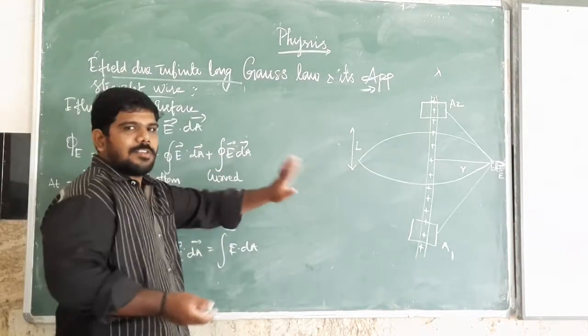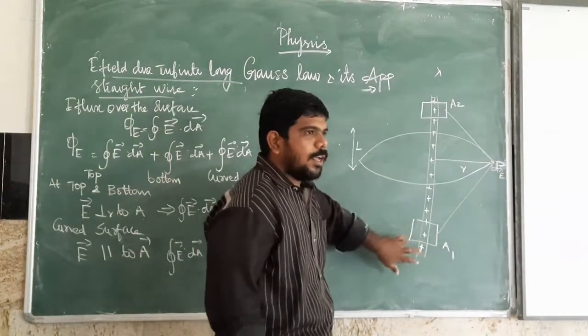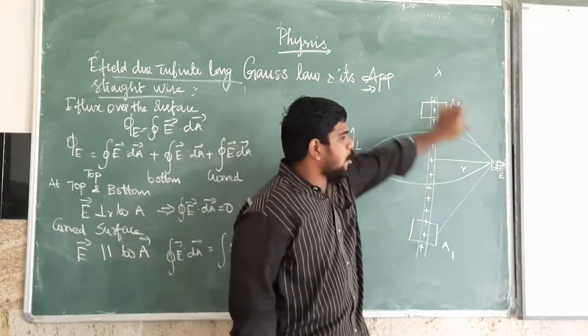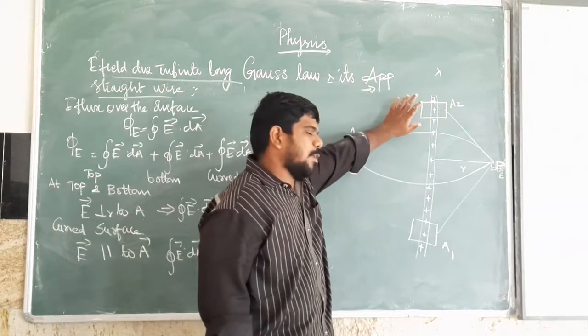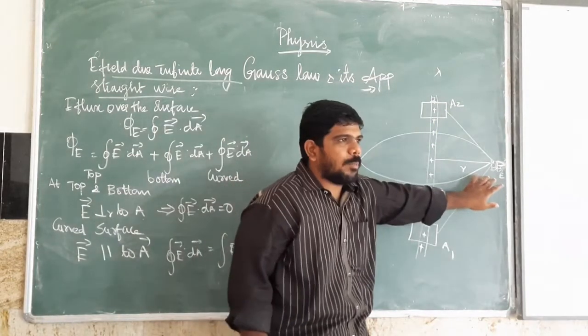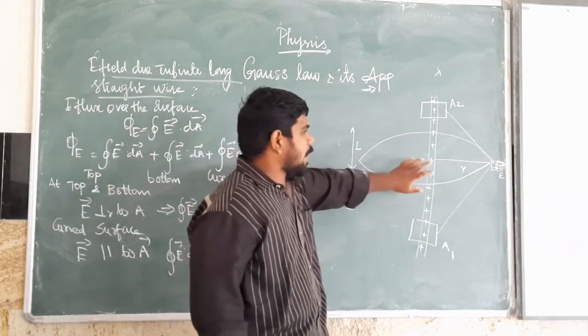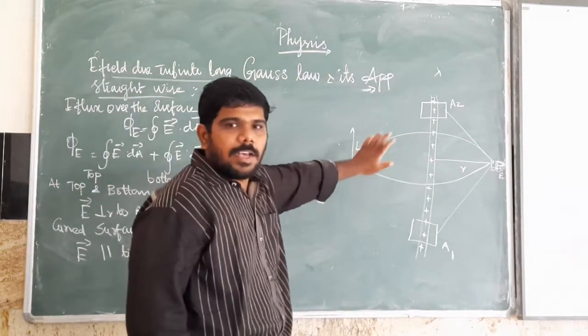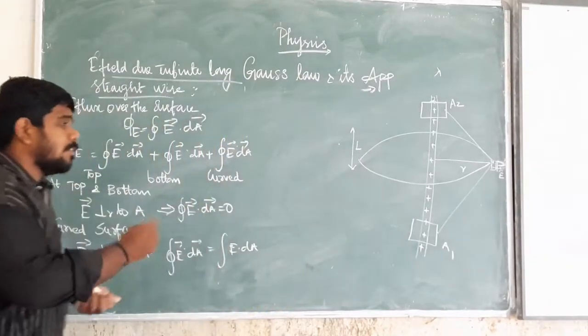So first we say this much of it. We go for an example. We take an infinitely long straight wire having a charge density lambda, at a distance r from the wire. We take a small area with two segments A1 and A2 at a distance from the point. Then we take a curved surface of radius r and length L, chosen as the Gaussian surface. Then we have these three surfaces.